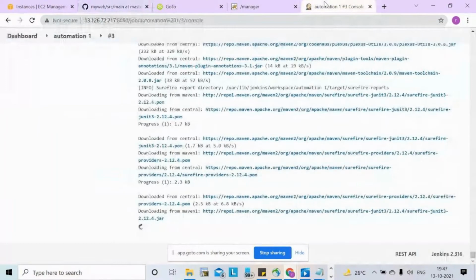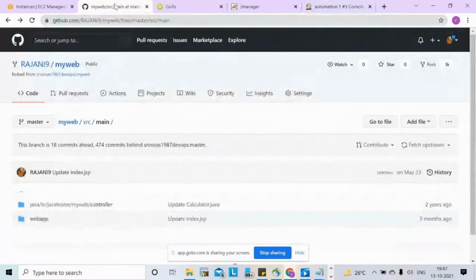But where the package, the war and ear files are generated, where the build tool is involved, I'm running the job directly in Jenkins, but the build is not involved. So that's why in top level Maven I selected the command in build. In that I gave the directory path of Maven, but I haven't installed Maven. So that's why it failed.